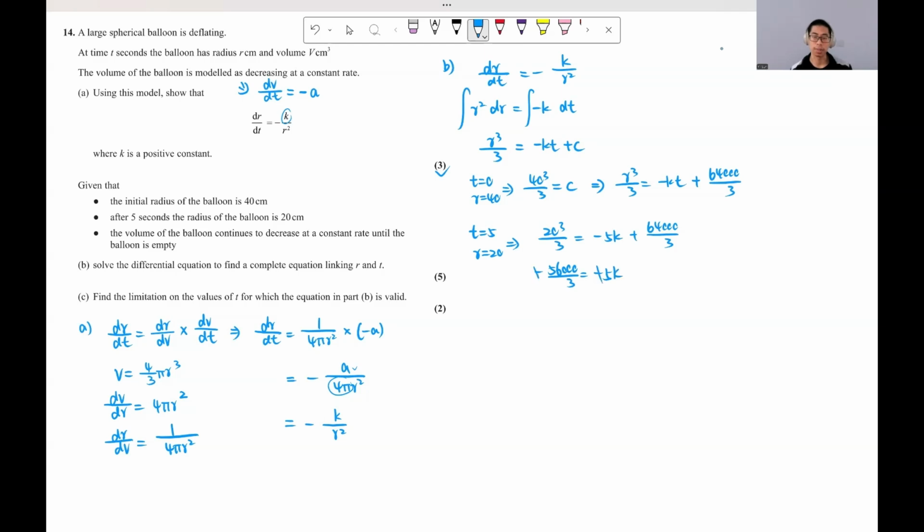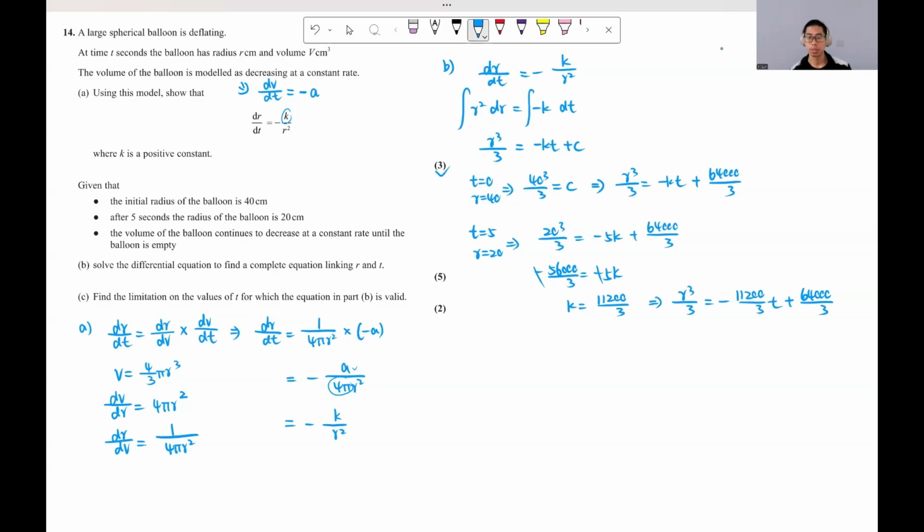The negatives cancel out, so k is equal to 56,000 over 3 divided by 5, which is 11,200 over 3. So now we have the equation r cubed over 3 equals negative 11,200 over 3 t plus 64,000